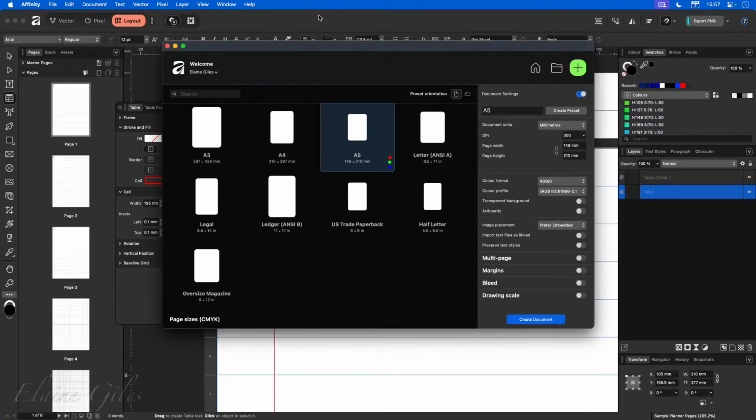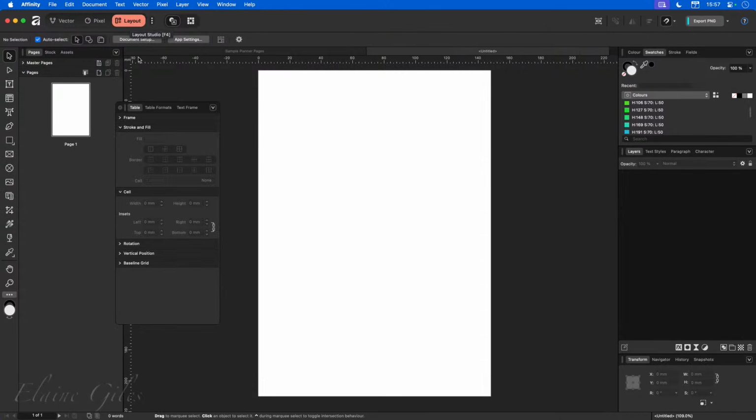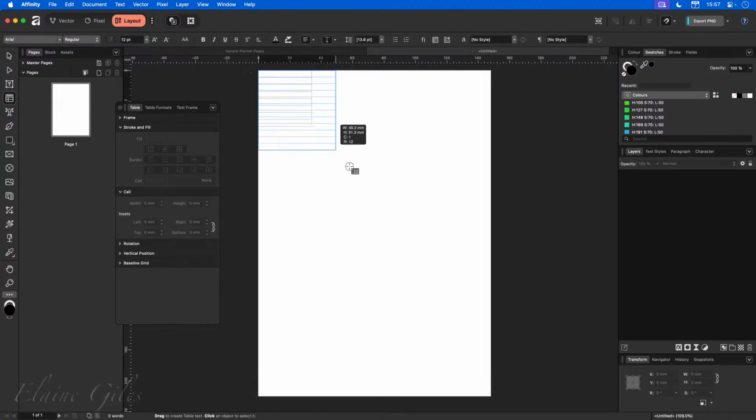So I'm going to go in here and make it A5 again. Do I need margins? That depends. I remember having graph paper at school that went right to the edges. I also had graph paper that had like a margin in it. So you could do that either way. I'll do this full page though. Yet again, it switched me to vector view, which means that my table tool has vanished. Do you know, sometimes it'd be easier just to add the table tool back to vector view and be done with it. But let's go back to layout and make sure that we have the table,